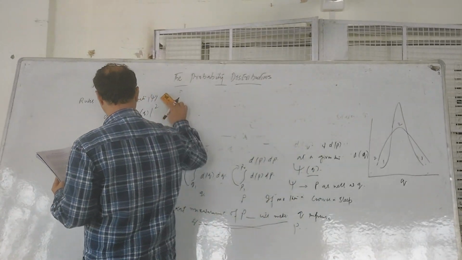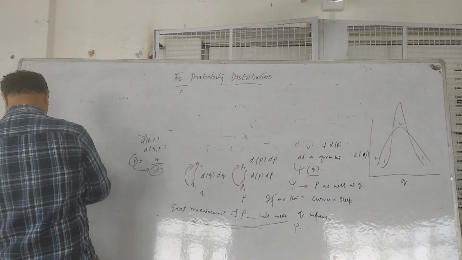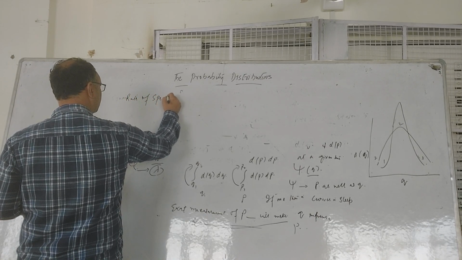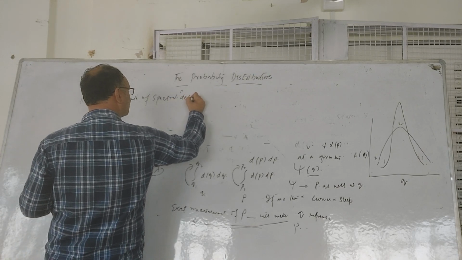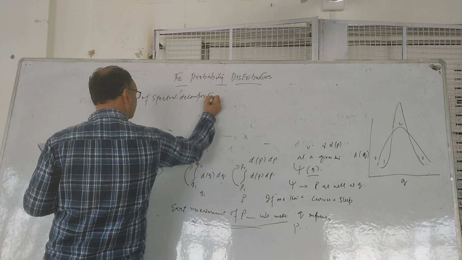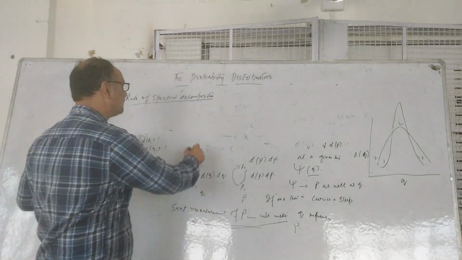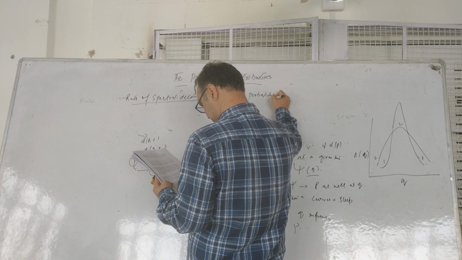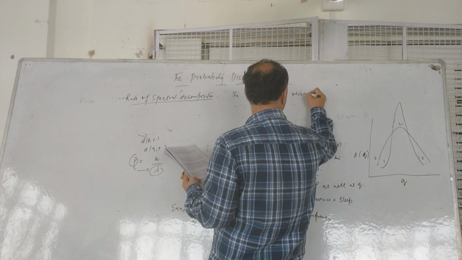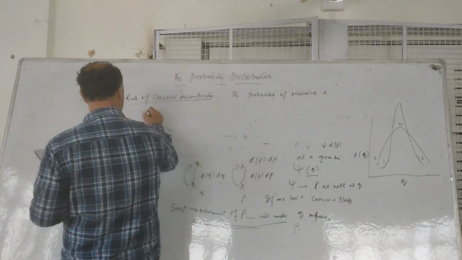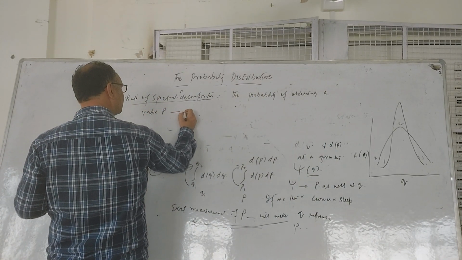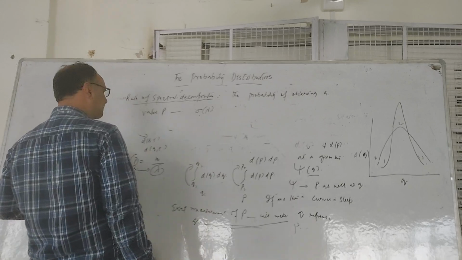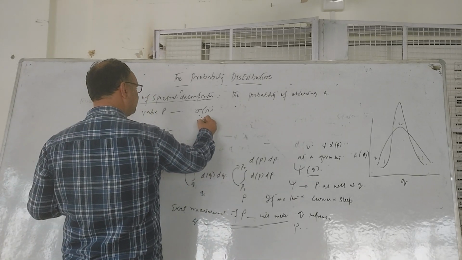This is a rule of spectral decomposition, which says that the probability of observing a value p is determined by the amplitude sigma lambda within a spectral decomposition such that dp is